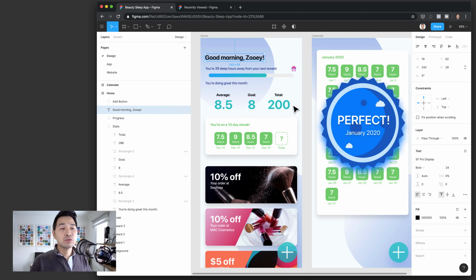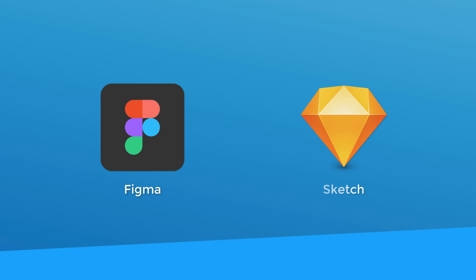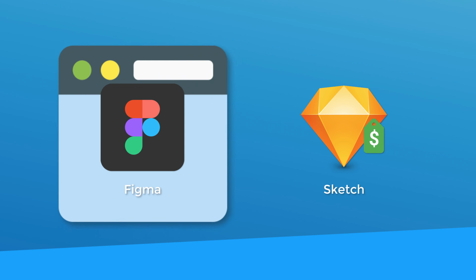For those of you guys who are not familiar with the graphic software that you use for app development, two of the most common ones that people use are Figma and Sketch. Now they're very similar, but Figma happens to be free. And so I tend to use that a lot more because I know that it's a lot more accessible for people to use. Now, the nice thing about Figma as well is that it's browser based,